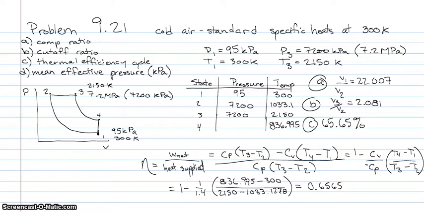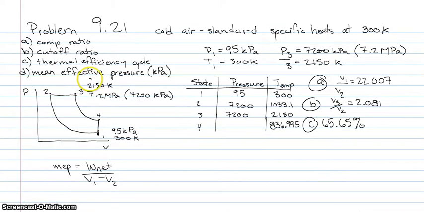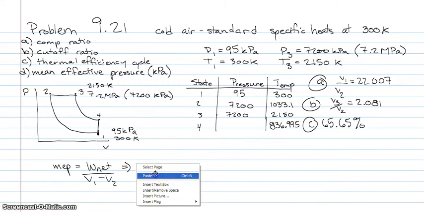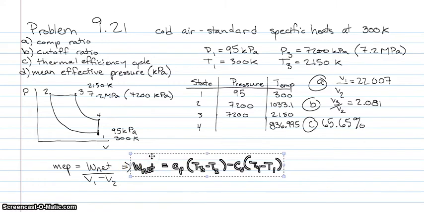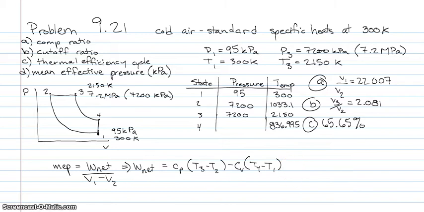Moving right along, next the one we're going to solve for is the mean effective pressure. We know that it is the work over the change in volume. So we can actually modify this all a little bit. Excuse the copy pasting, it just makes it a little quicker to write it out, and probably quieter for you because the tapping is probably loud. Anyway, when we solve this out, we've got specific heats and temperature ratios, which is all stuff we already have. So we can plug in our values to be